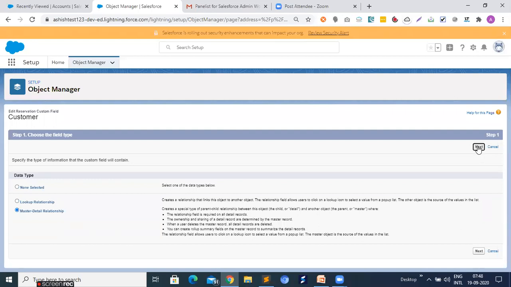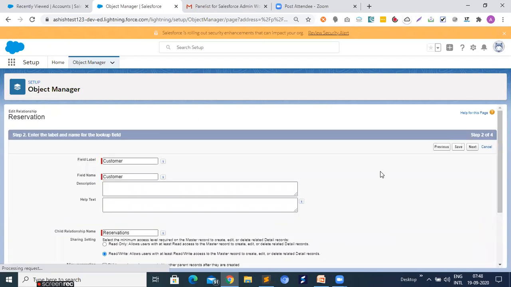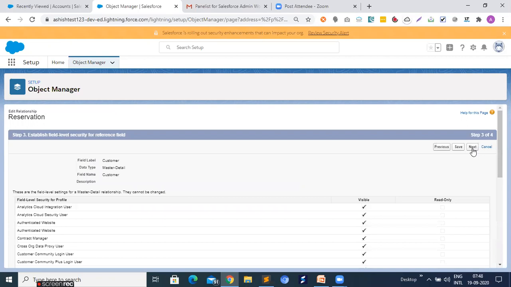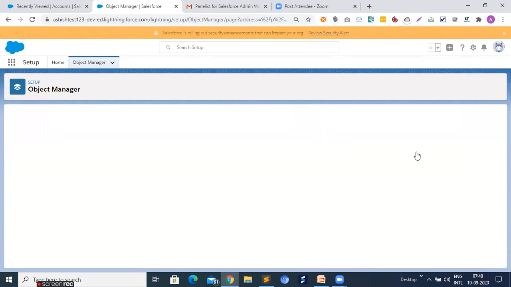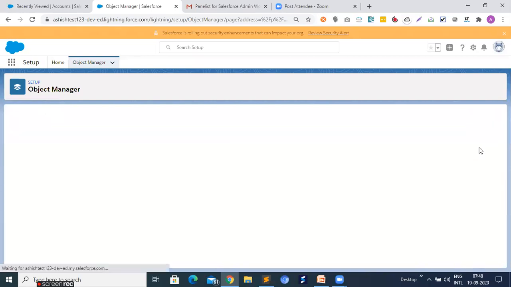So now it is converted from lookup to master detail relationship. So that particular step is over.